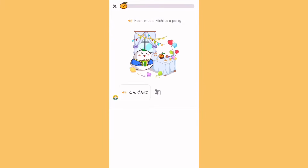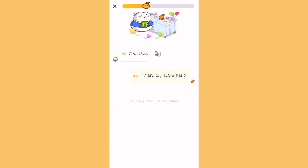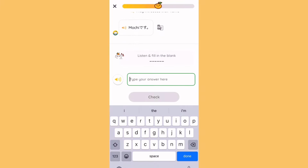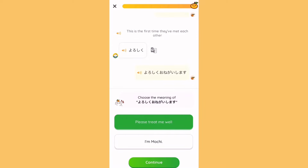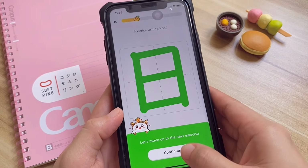こんばんは。お名前は? もちです。はじめまして。This is the first time they've met each other. よろしく。よろしくお願いします。